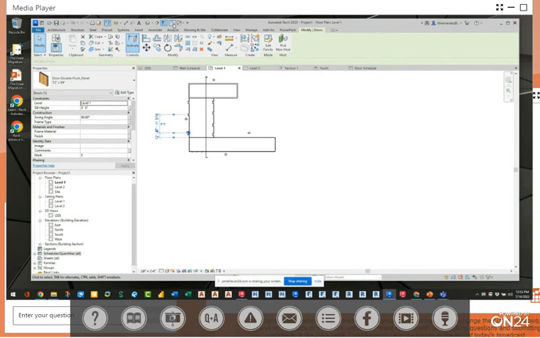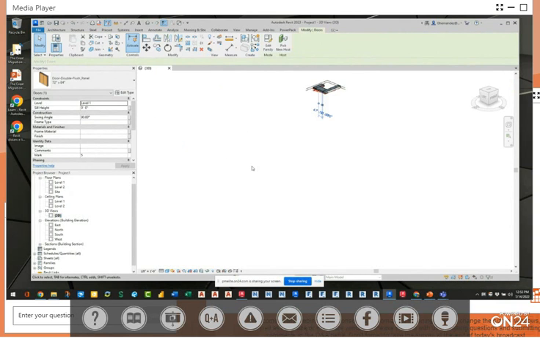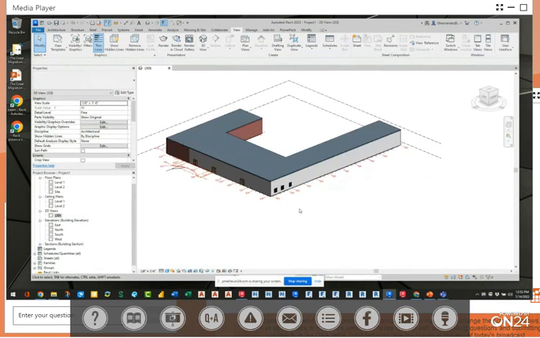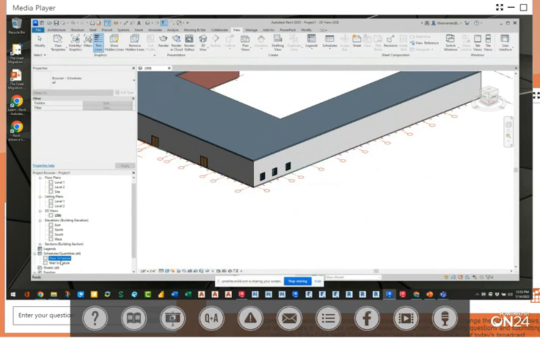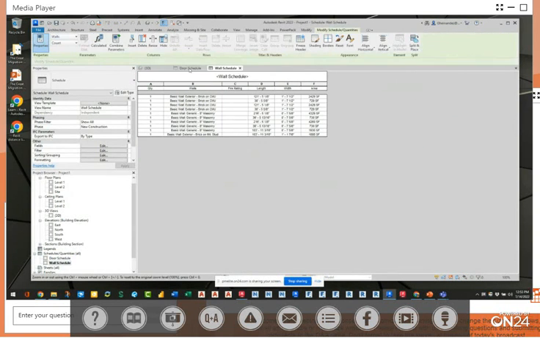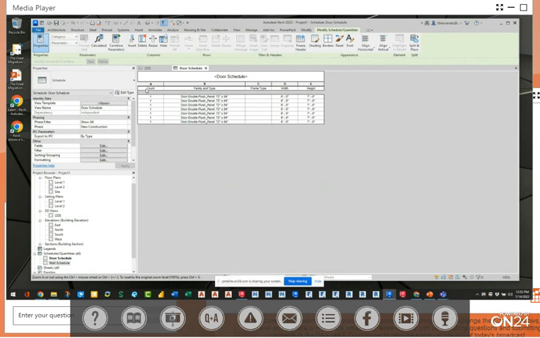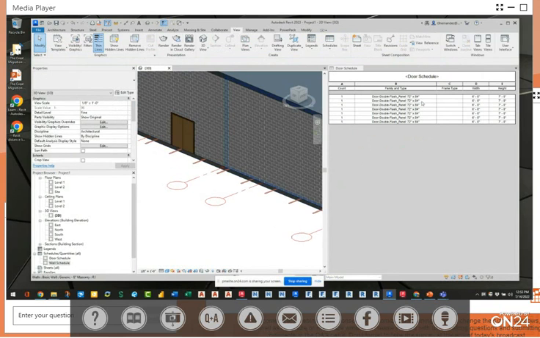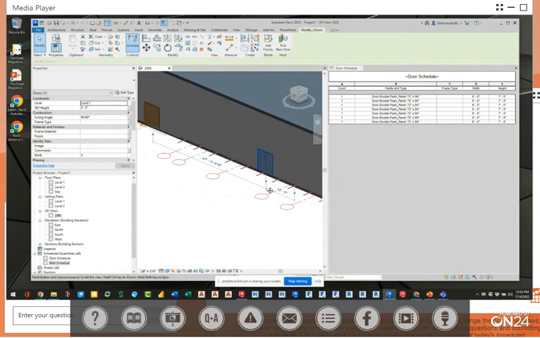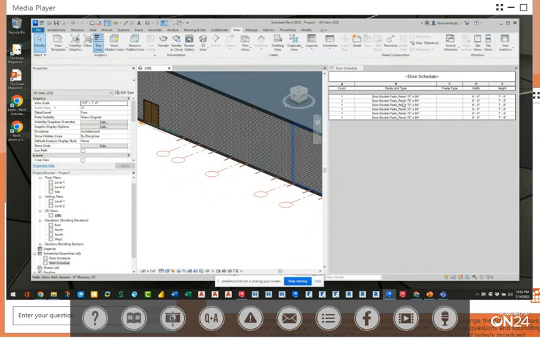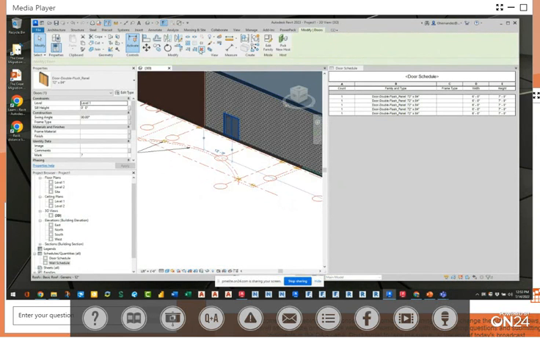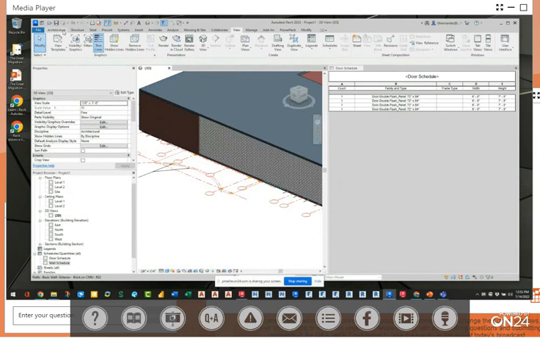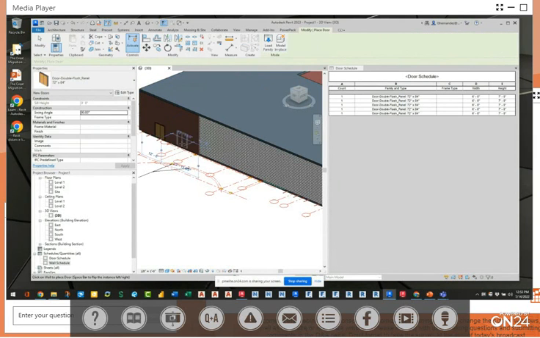Let me show you something. I'm going to go into my 3D view. Let me kind of make this highlight here. Give me 1 second here. And then I'm going to open up my schedules side by side, both my schedules, my door and my wall. I'm going to tile these together. So as I develop the design, say I take this door and I remove it, look at the schedule automatically update when I change the layout. When I go back in and I put in more doors,